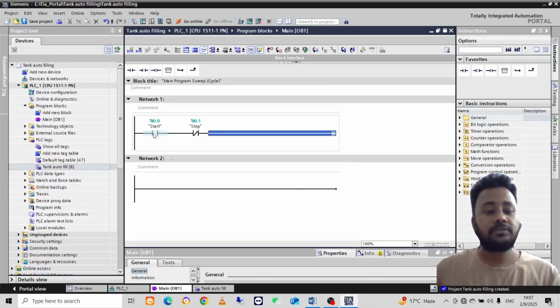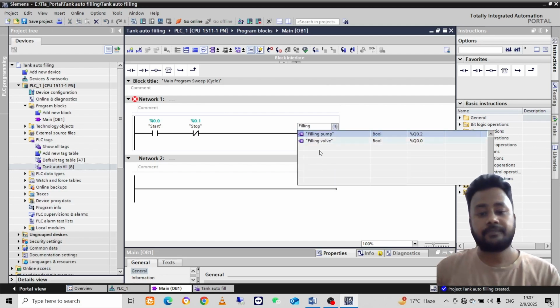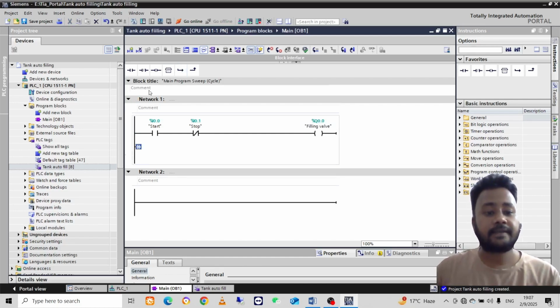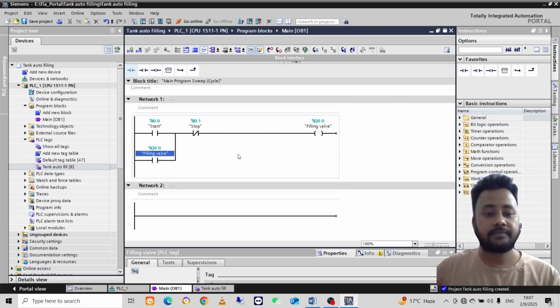As I told, whenever we press here, first it will open the filling valve, not the filling pump, the filling valve. So make a latching here. Copy, paste. Whenever we start, first our filling valve will open. After the filling valve opens,